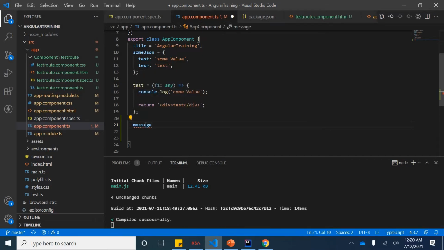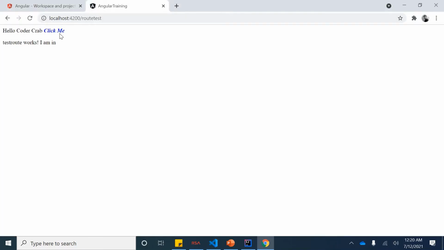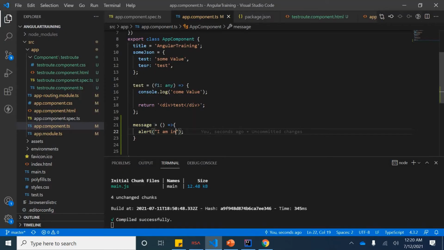I've created a message function, which is not having anything yet, and inside that I'll just alert "I am in". Let us check this. It is not working because we have not called it.